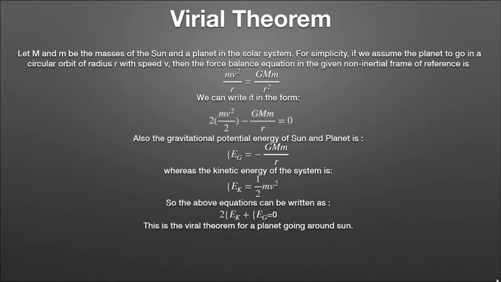Now we ponder what the significance of this result is. It says that whatever the kinetic energy, whatever the velocity with which the stars and galaxies are moving, they are balanced by an equal amount of potential energy. This is the main reason why they are not shrinking in size, because they are balanced by their own gravitational potential energy.